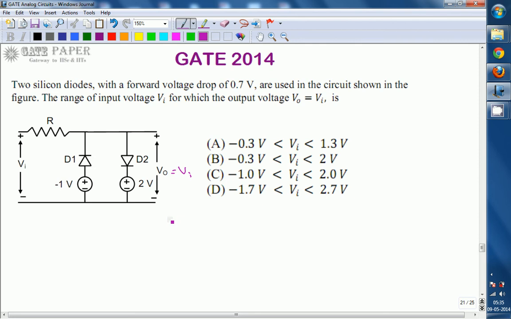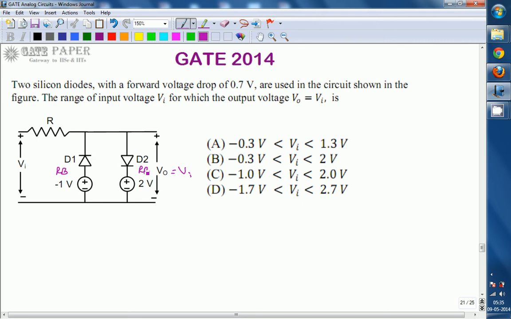If you want to get V0 equal to Vi, no diode should be forward biased, so that no current flows through the diodes. By that time no voltage drop takes place across this R. So V0 can be Vi only when D1 is reverse biased and D2 is reverse biased. If one of the diodes is forward biased, V0 is stuck at some voltage and doesn't depend on the input. Our required aim is V0 equal to Vi, and that is only possible when the diodes are under reverse bias.